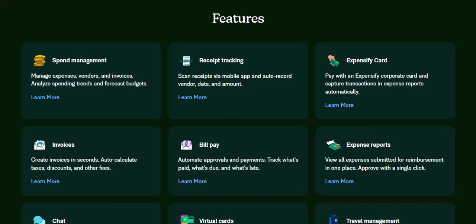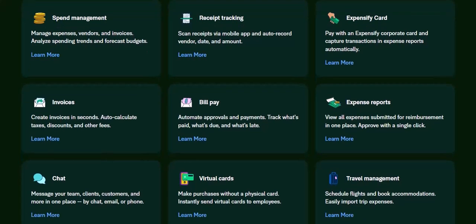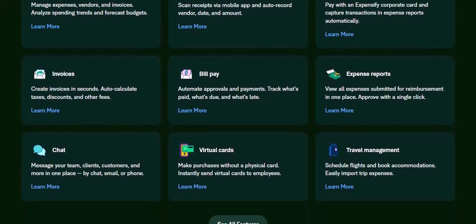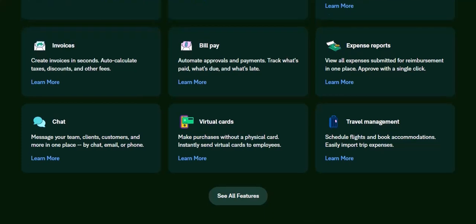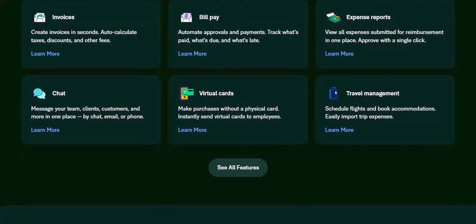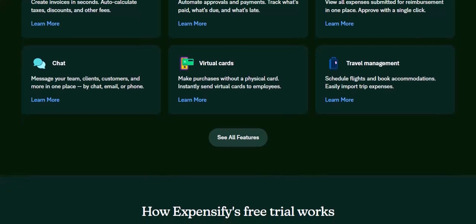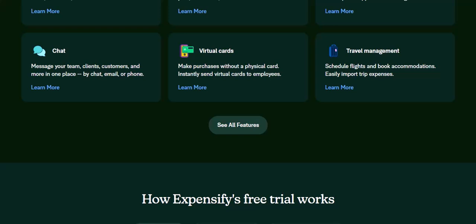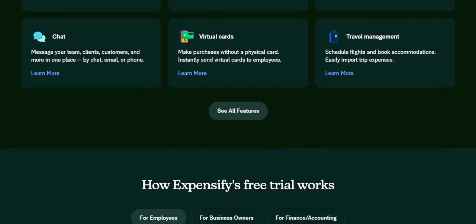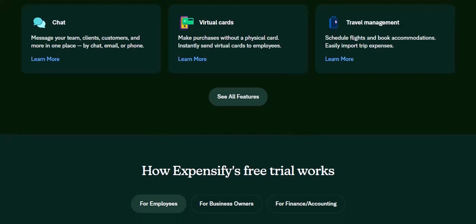You can familiarize yourself with the platform's interface, test its receipt scanning capabilities, and get a feel for its overall functionality. This allows you to determine if Expensify's core features align with your basic expense tracking needs. When considering a paid plan, remember to focus on the features that are crucial for your business. Do you need advanced reporting capabilities? Are you looking for seamless integration with your accounting software? These factors will help you decide which plan is right for you and whether the trial period offered is sufficient